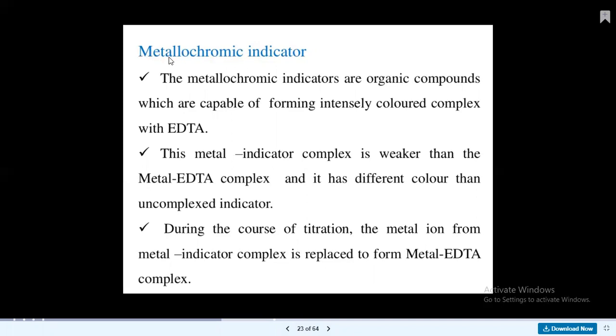Now first we discuss the indicator. Metallo, that is the metal. That is, the indicator has an ability to form a complex with a metal ion and give different colors. When the indicator forms a complex with a metal ion, it gives a different color. Metallochrome indicators are the organic compounds which are capable of forming intensely colored complex with